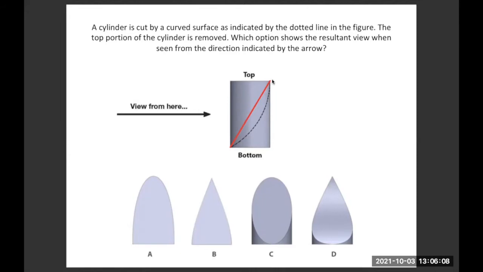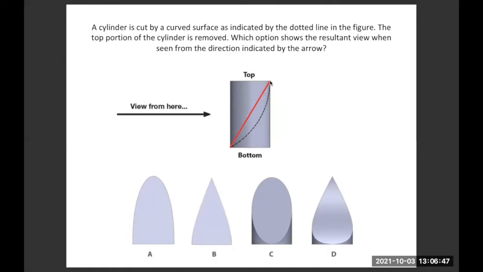First question, if I cut along the red line, which will be the correct view from C or D? And if I cut along the black dotted line, which view will be the correct one from C and D? A and B are definitely wrong here. Does anybody want to say anything about this? Ma'am, red line for C. And the dotted one goes with D. Okay. Who said that? Aneri. Yes, you are absolutely right, Aneri.